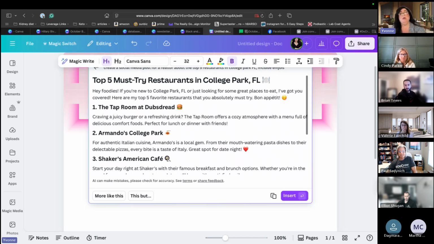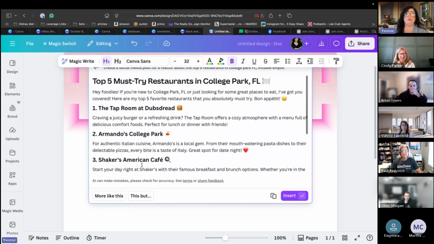And there is paid AI, but even the most top of the line pro AI, which is the ChatGPT Pro, is 3 months behind. So that's the most current one you can get, is 3 months behind. This one's well over 2 years behind. But it still made you a nice social media post.